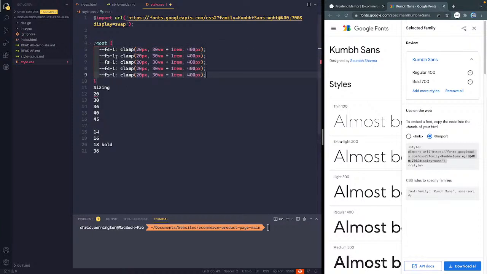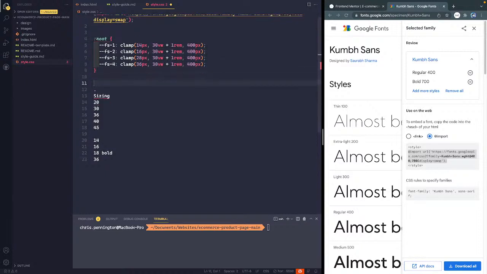So let's copy this down. And then this will be 2, 3, and 4. And then we also, I guess, need... we can just do, let's do it like this. Font. Let's do components, and that way we can just add the classes as we need. So let's do font. Let's first of all get this set up. Let's do one thing at a time, Chris. 16, 18, and 36. Okay, so we've got those, and then for each of those, what I'm going to do is